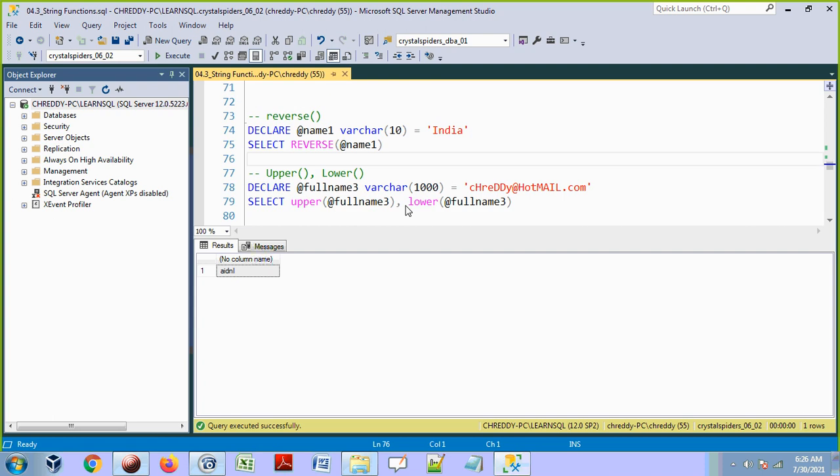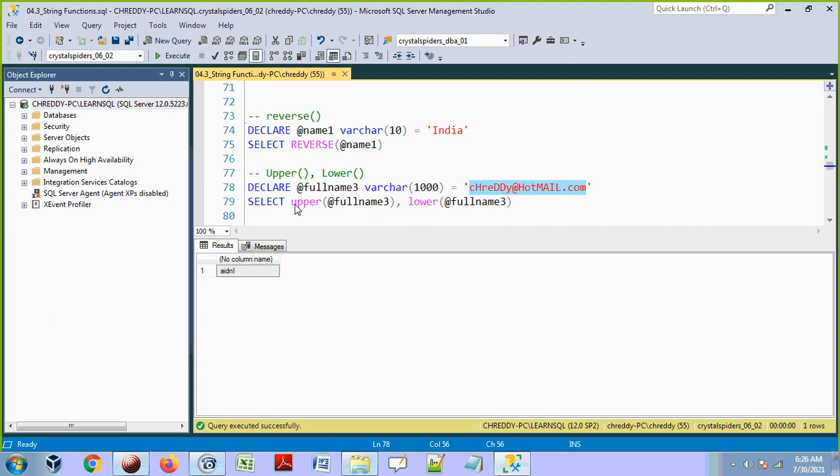Okay. And now we have the next 2 functions, the upper function and the lower function. The upper function will display the value in uppercase, and the lower function will display the values in lowercase, all small characters. So let's see that now here. We have taken a variable. In that variable I just typed my email ID chreddy@hotmail.com, and in this email you see that some of the characters are uppercase, some are lowercase.